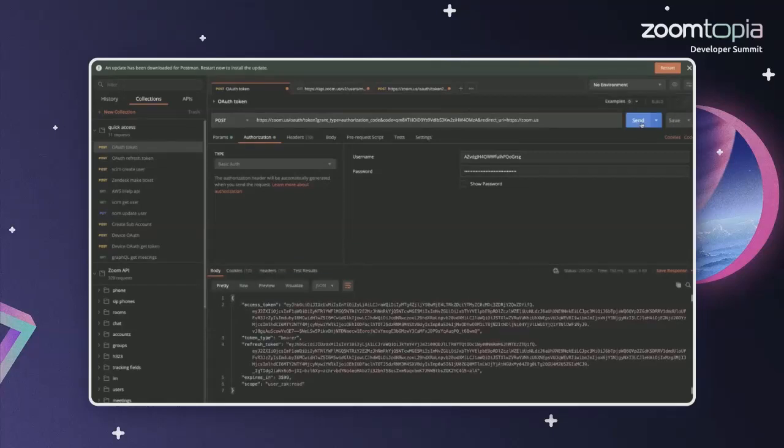And in the response below, we can now see our access token, a refresh token, an expiry field stating the token will expire in 1 hour, and also the scopes that this token has been granted permission. Next, we'll make an API call to retrieve the user's ZAC token using the Zoom API endpoint get users me ZAC. So let's copy our access token